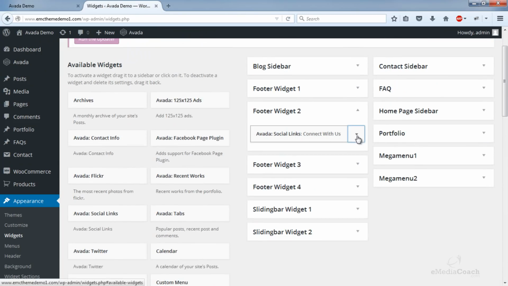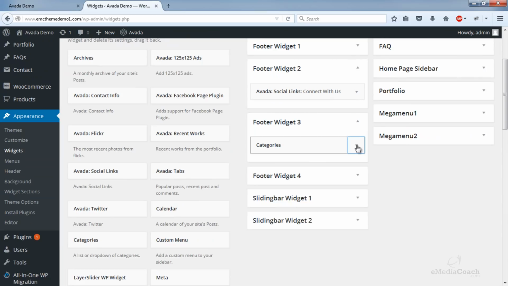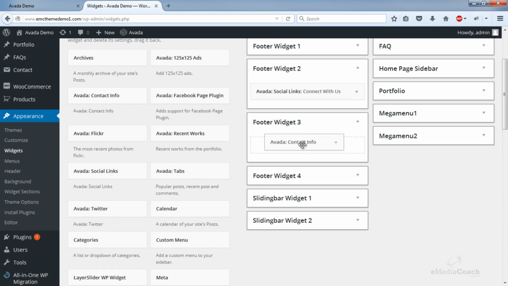What else can you do here? You can possibly add some contact info. That's actually a good idea. So maybe I'll get rid of these categories in footer widget 3 and add some contact info.